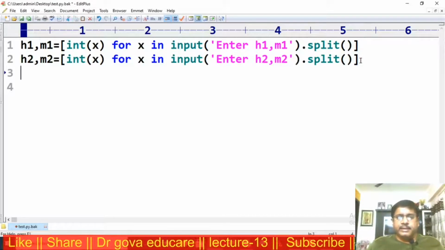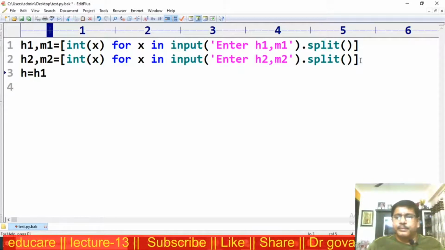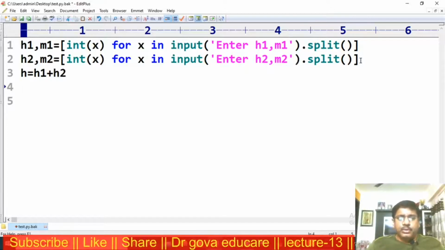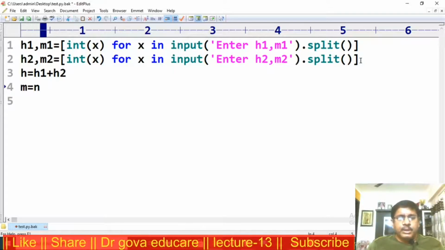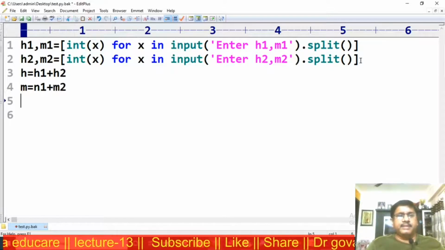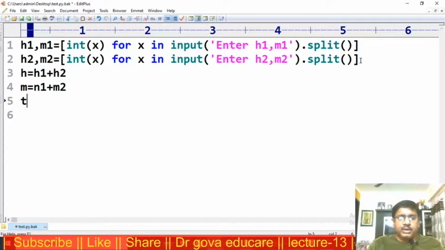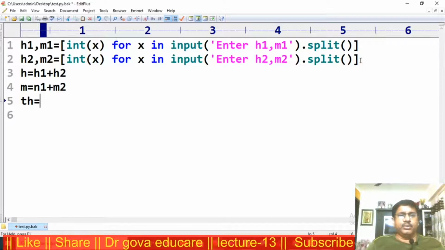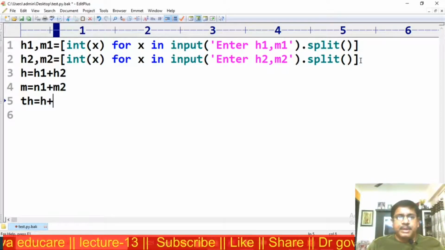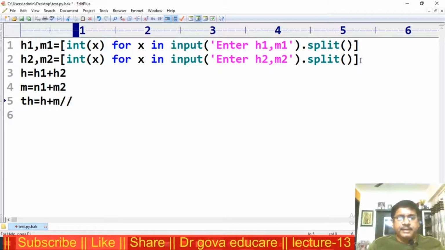Next, I am calculating H is equal to H1 plus H2. M is equal to M1 plus M2. I want to calculate total hours. TH is equal to H plus M integer division with 60.